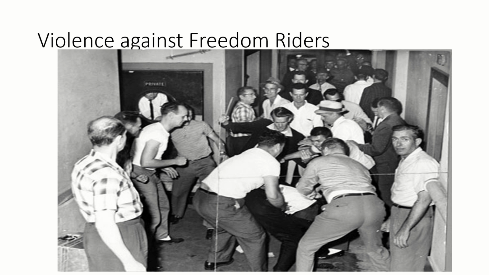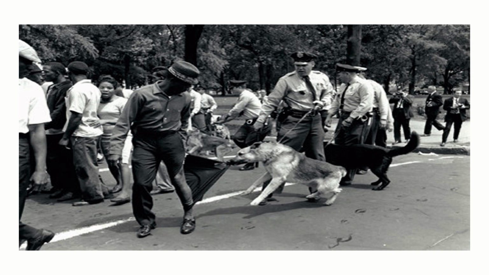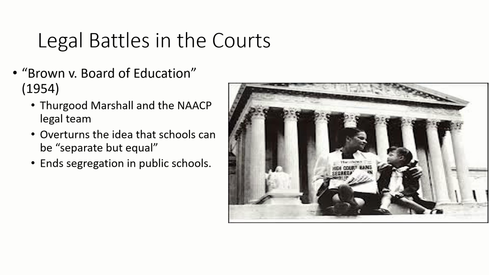But all this violence is met with nonviolence, the hope being to get public opinion on the side of the civil rights movement. This also takes the form of sit-ins, where people sit in businesses that they are not allowed to sit in according to Jim Crow segregation and wait to be arrested and sent to jail. In 1963, a series of marches in Birmingham, Alabama are going to turn incredibly violent with fire hoses and police dogs being used, as well as a campaign of bombing by domestic terrorists, some of them associated with the Ku Klux Klan, to try to intimidate these groups into not asking for their equal rights.